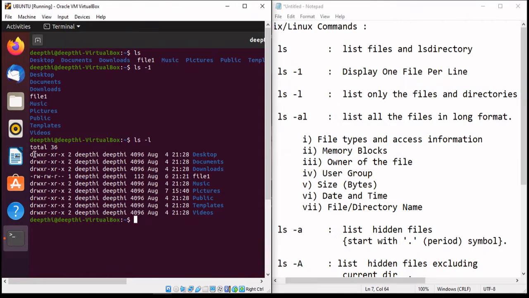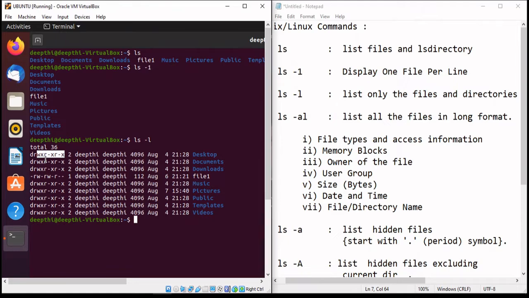The first one is indicating the file permission, and in this file permission, the first letter represents whether it is a directory or a file. Then come the different file permissions, where r is read, w is write, and x is execute.